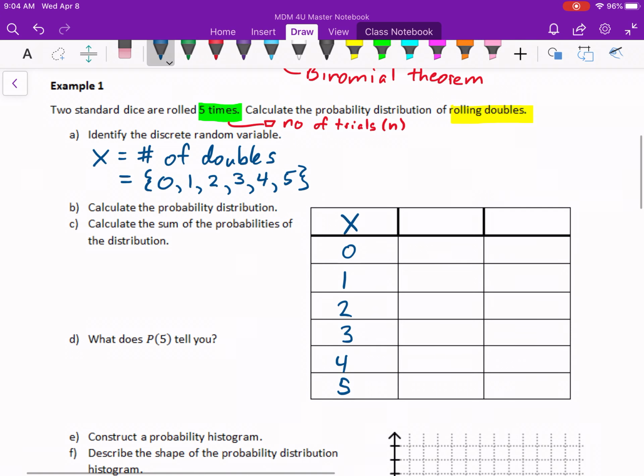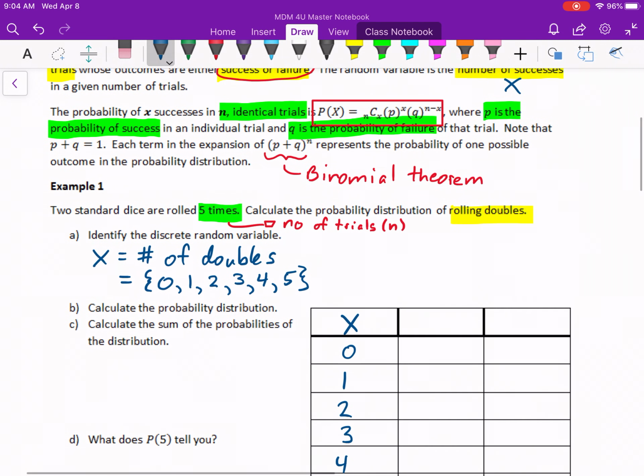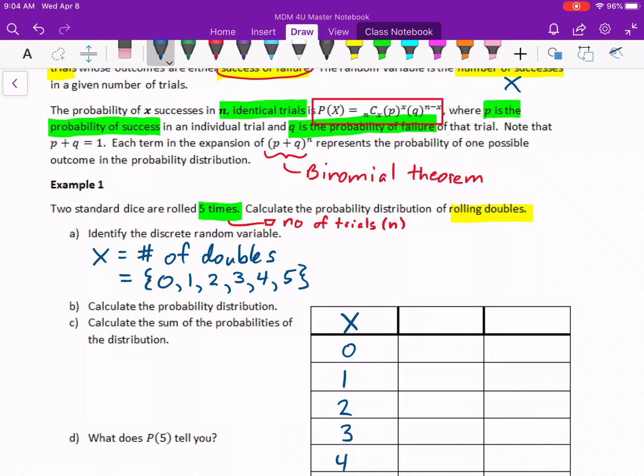So what else am I missing? I've got n and I've got a bunch of different values that I can put in for x. I need to know what p and q are. I need to know the probability of success on an individual trial. That part's important. I didn't gloss over it, but I want to go back and highlight that again up here